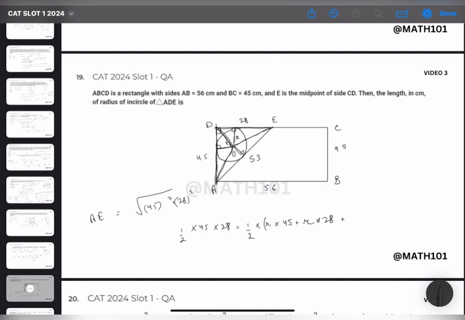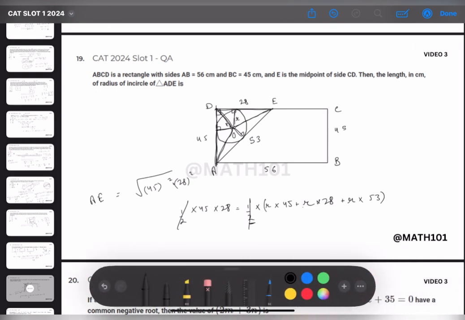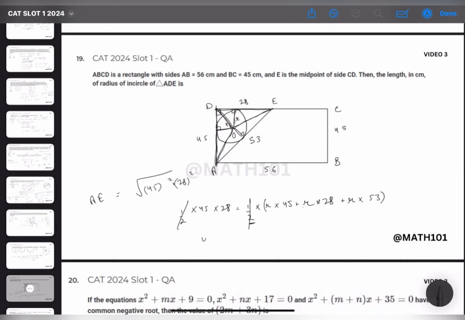I have taken half as common. Half gets cancelled. R is also common, so I have 45 into 28 equals R into 45 plus 53 plus 28, which is 45 plus 98,